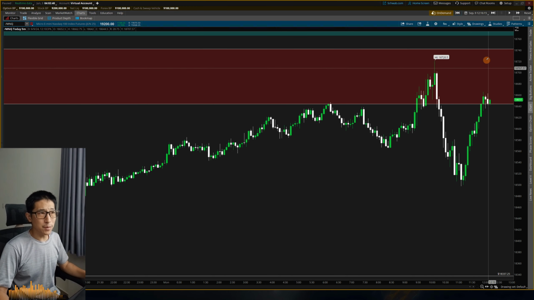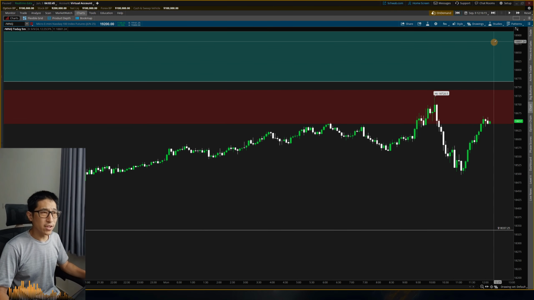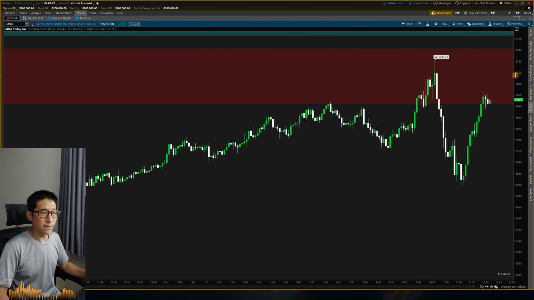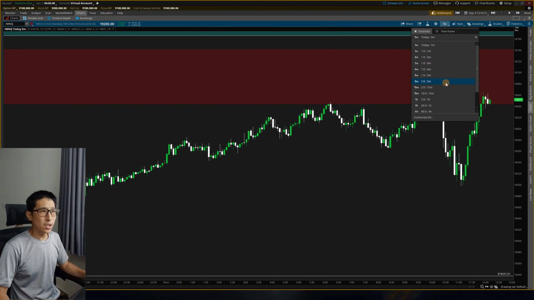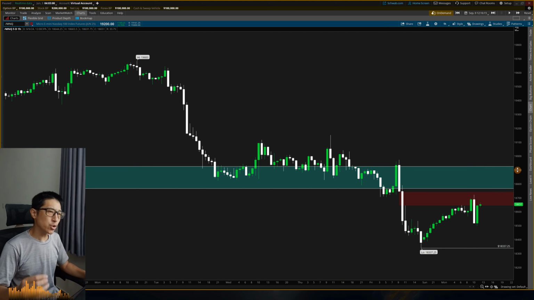We are at the bottom of that 1 hour fair value gap. Now, tomorrow we could trade through it and go for this daily fair value gap, use it as inversion, and push down even lower. Looking at the 1 hour, if we go up to this fair value gap and start going lower, we can target this swing low as our first target. But who knows what's going to happen overnight?